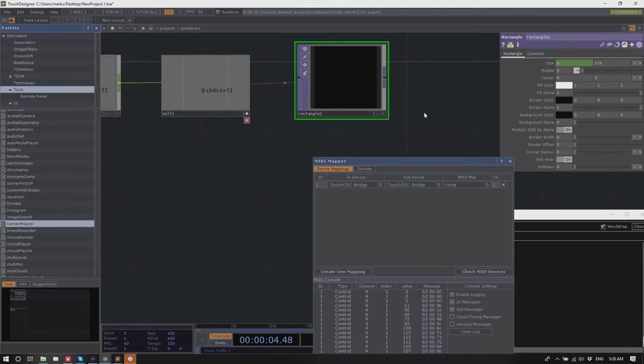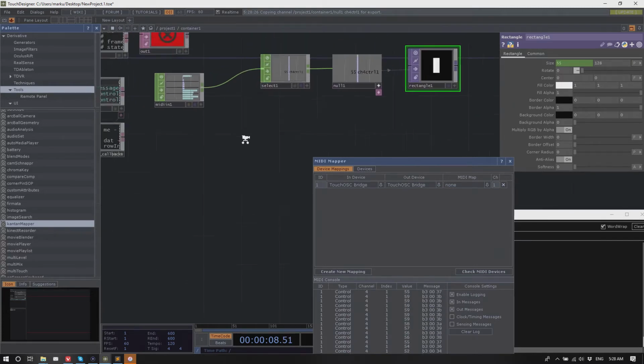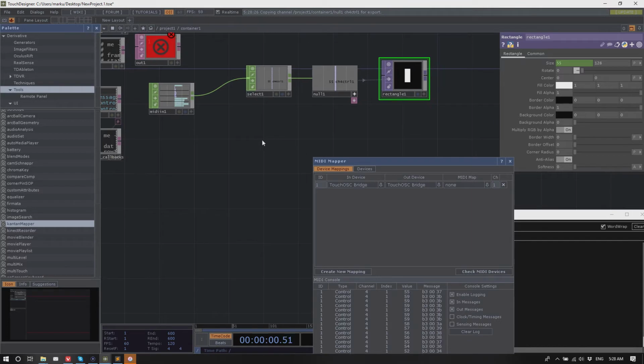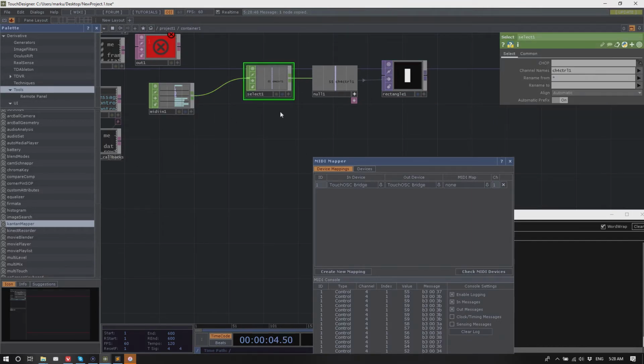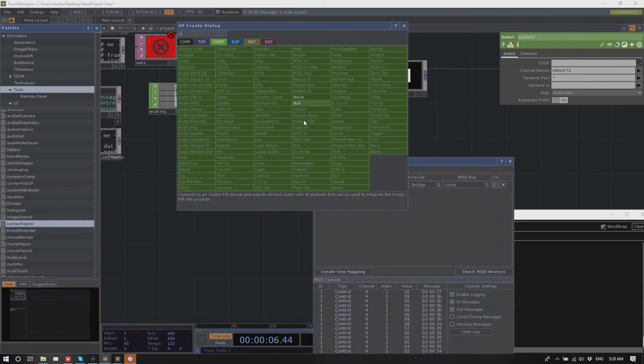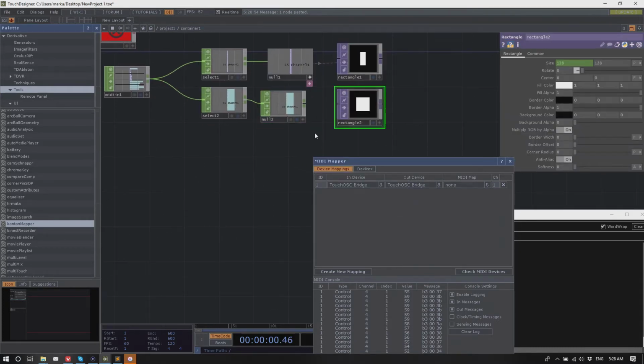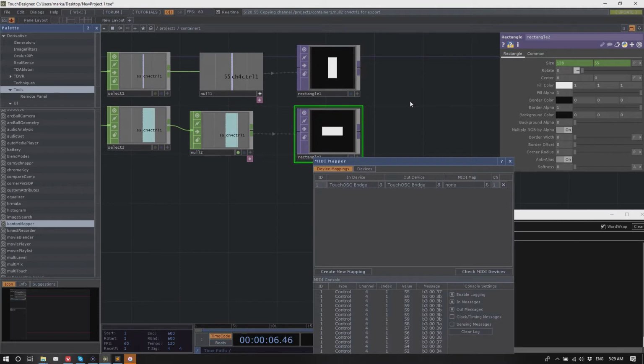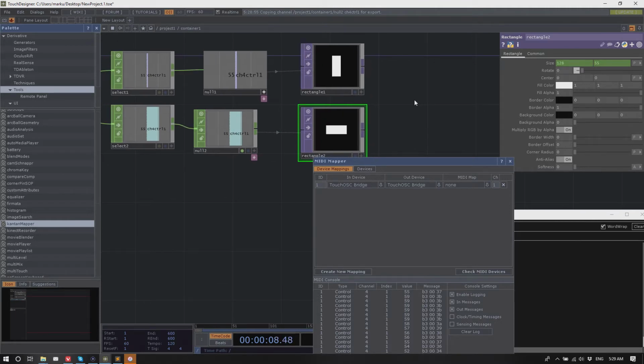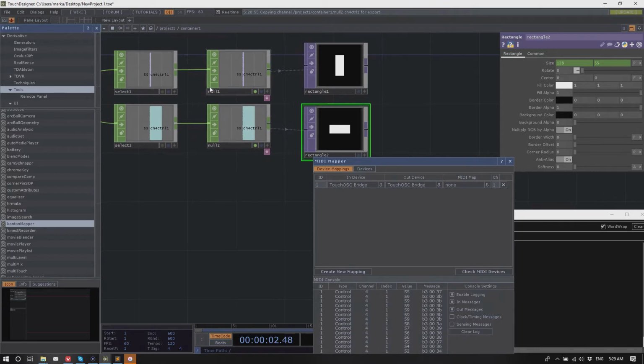There is something you gotta watch out for if you're using the MIDI In CHOP. Let's copy, Control D. Now let's make another rectangle where we control a different axis. So the problem becomes, and if you watch these wires here, you can always tell if operators are cooking or not.